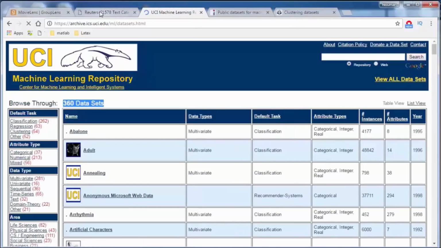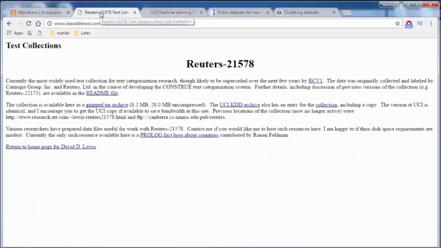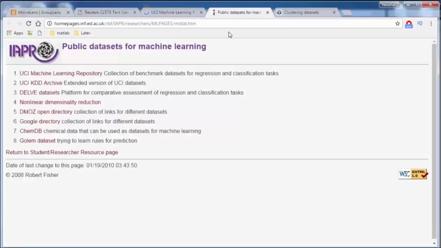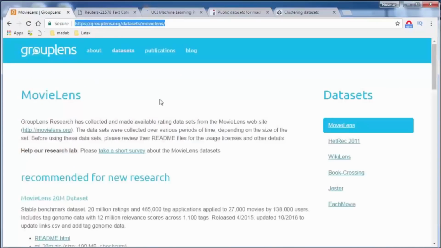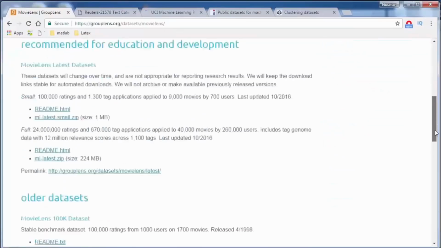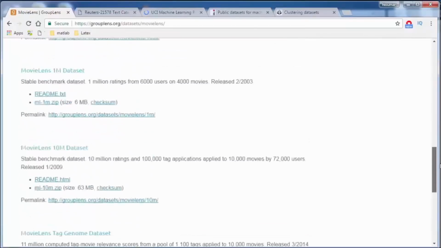If you are interested in text categorization, this is the famous data set for that, Reuters 21578. These are some of the publicly available places for machine learning data sets. This is the list of those 8 popular sites where you can find them. And finally, another interesting place is this one. This is for recommender systems. This is the MovieLens data sets and its different versions, so you can always download them and use them